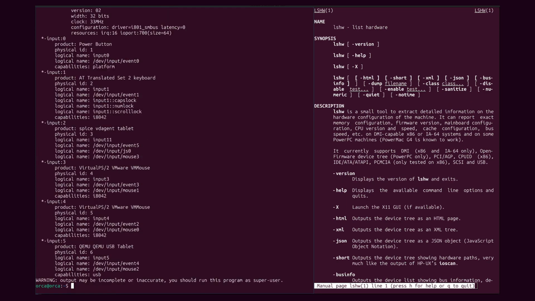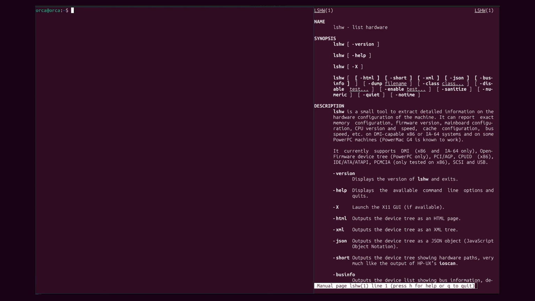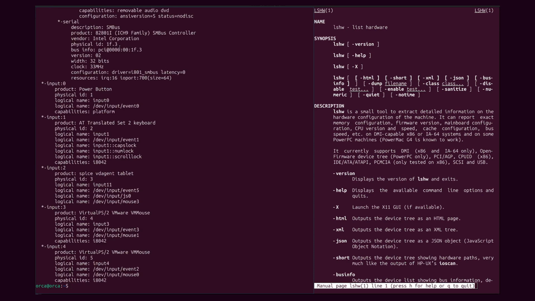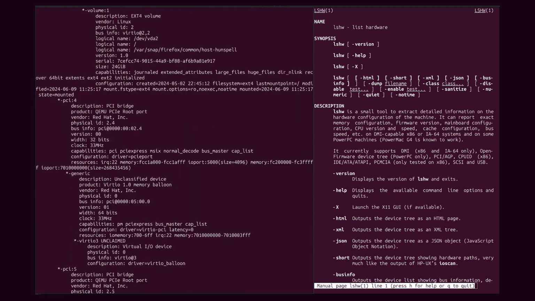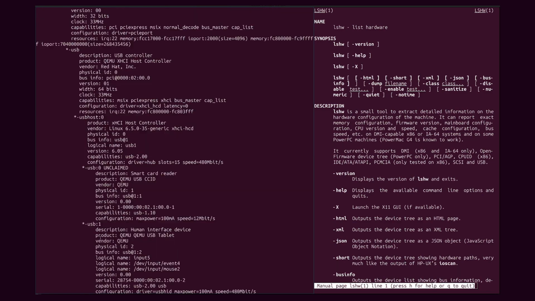But you can notice that here it prints out a warning: output may be incomplete or inaccurate. You should run this program as a superuser. So to get accurate information, it's better to run the lshw command with sudo or admin rights. And then the warnings go away, and it prints out all the information about the hardware that has been detected